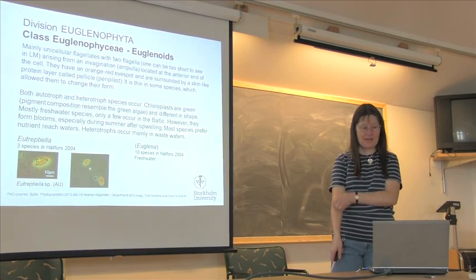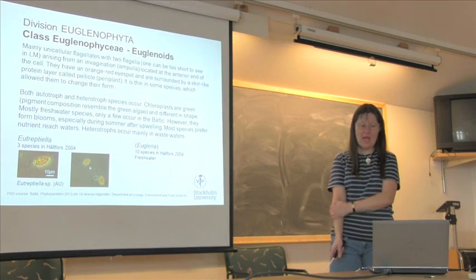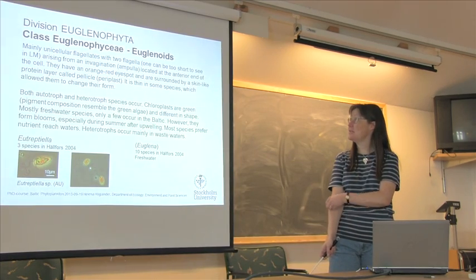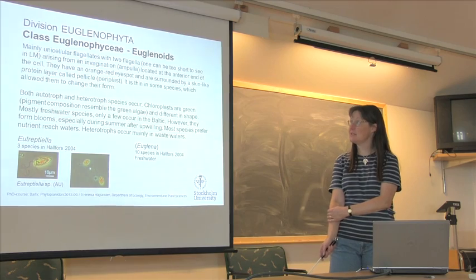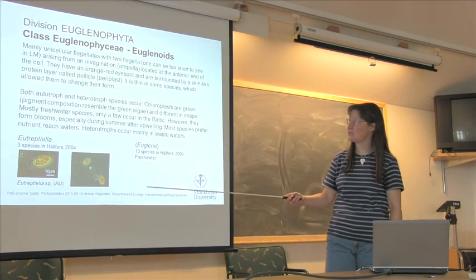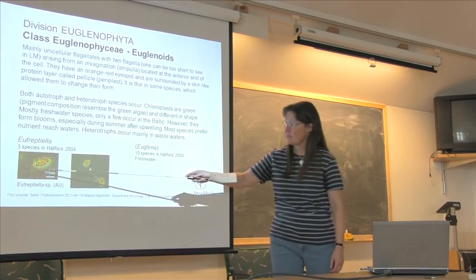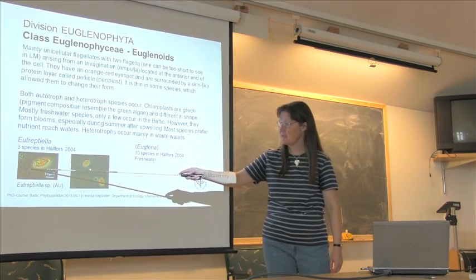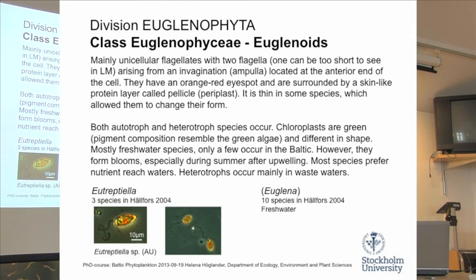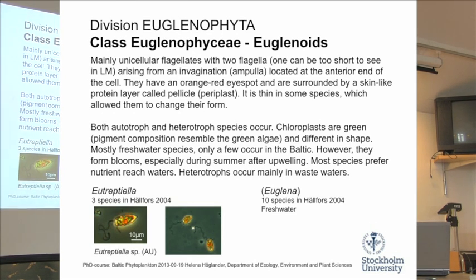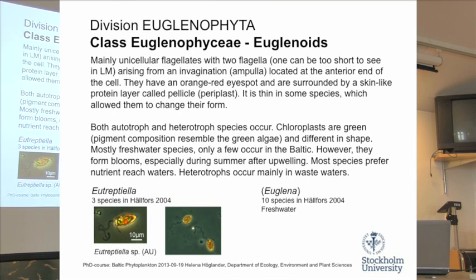Another group we have is the Euglenoids, and they are mainly unicellular flagellates with 2 flagella, and one of the flagella can sometimes be so short you don't see it. Here, in this species, you can see the 2 different flagella, and they have an eye spot. Sometimes this is not the eye spot, but carrying